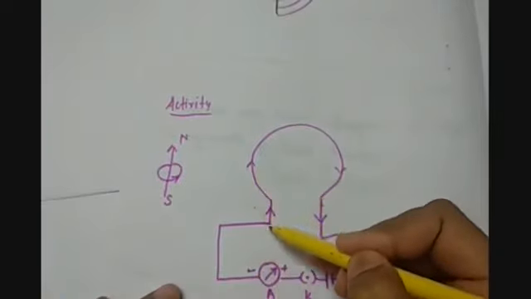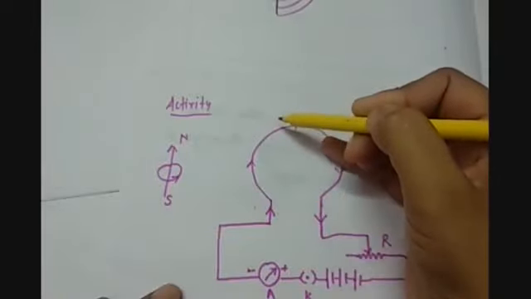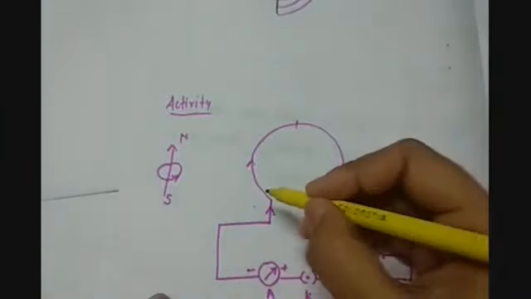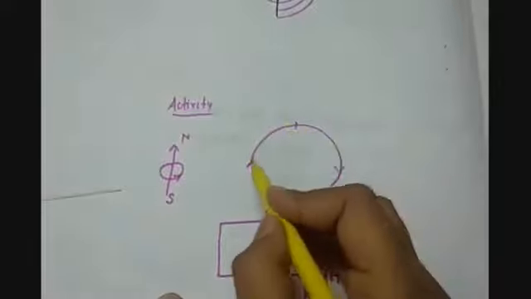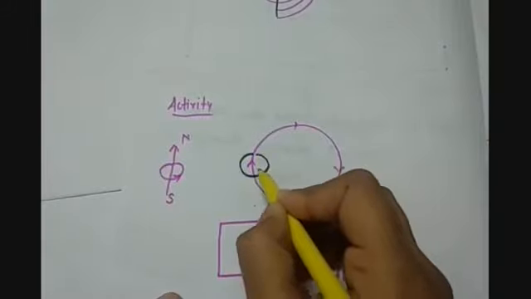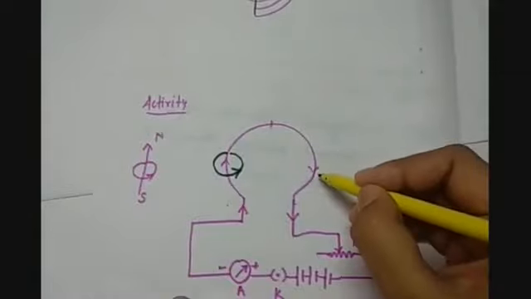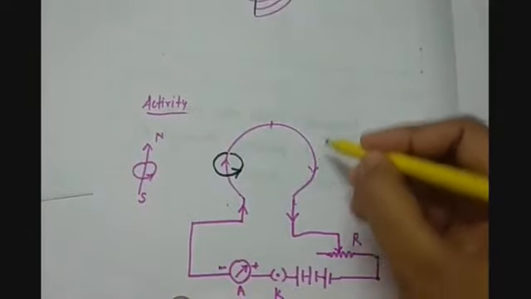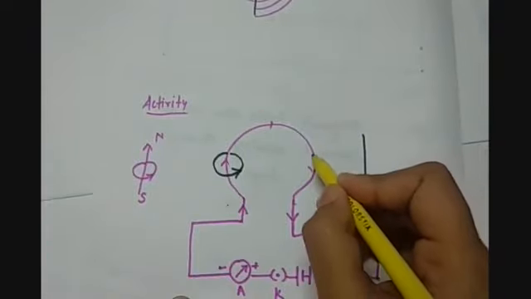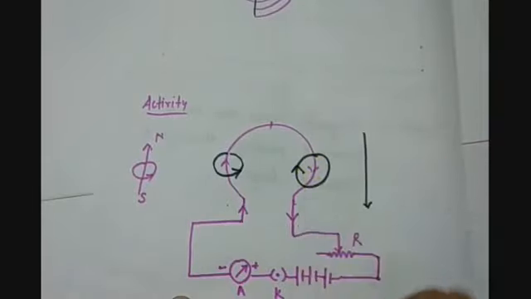And when we see that in this portion current is flowing from down to upward direction, the curls of the fingers will give us the direction of the magnetic field around it. And when we see this segment of the circular loop, here current is flowing from up to down. So the conductor will have the direction of magnetic field lines in this way.